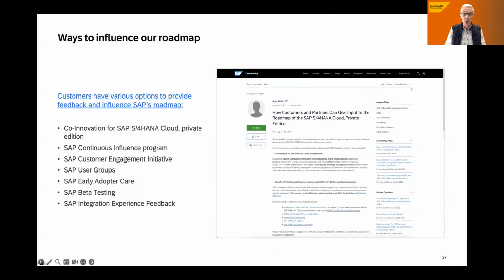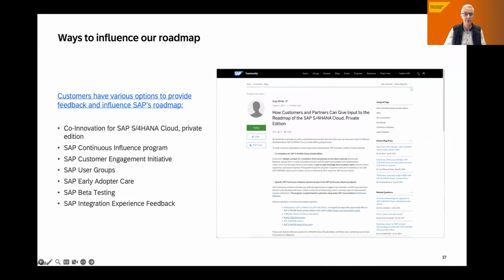And even better than knowing what's being cooked in the kitchen, I would like to encourage you to get into the kitchen yourself and help us cook, meaning influence our roadmap, make your voice heard. We have various options here to provide feedback and to influence SAP's roadmap. You're seeing the list.